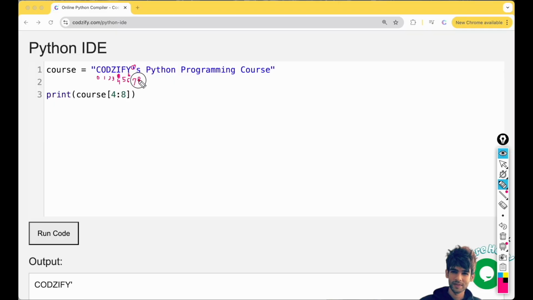Okay, now we have to print the numbers from 4th index till 8th index. So excluding 8, that means till 7 we have to count. So this will be the output for this course 4:8. Okay,